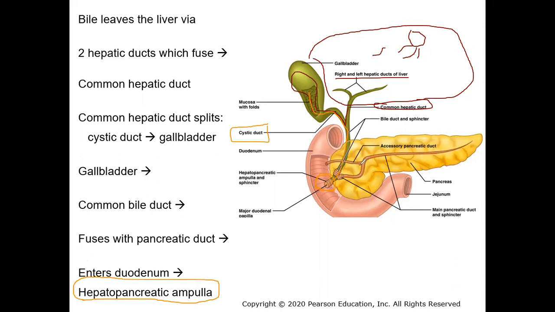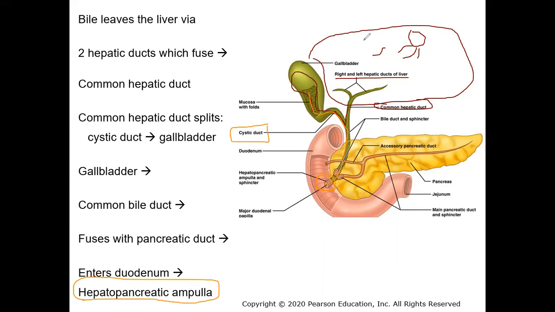There's also this accessory pancreatic duct that has a very minor role in adding enzymes into the duodenum. You do need to know the order of ducts,